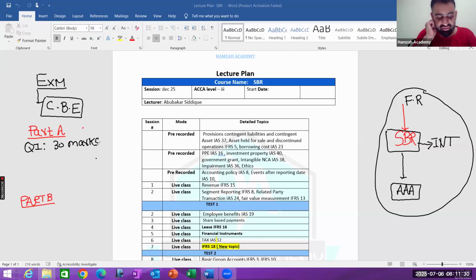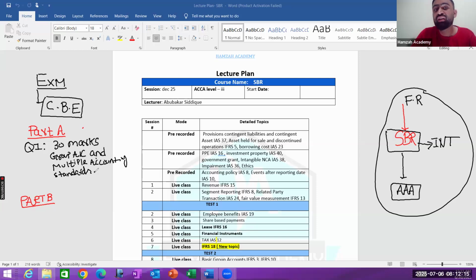And question one will be from group accounts and from multiple accounting standards. The primary focus of question one is a consolidated financial statement,